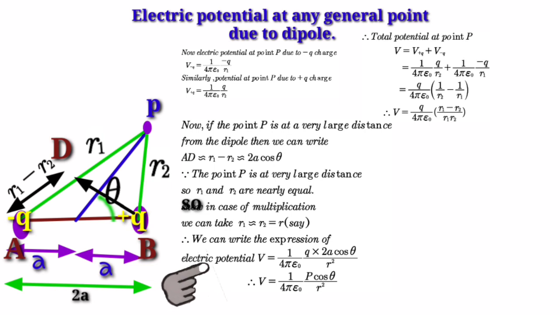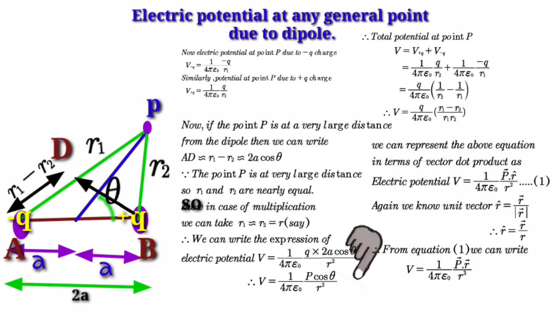Therefore, the expression of potential can be written as 1 by 4 pi epsilon naught q into 2a cos theta divided by r square. Therefore, potential V is equal to 1 by 4 pi epsilon naught P cos theta by r square, where P is the dipole moment of the dipole, which is equal to q into 2a. We can represent the above equation in terms of scalar product. We know A vector dot B vector is equal to AB cos theta. Therefore, the potential V is equal to 1 by 4 pi epsilon naught P vector dot r cap divided by r square,